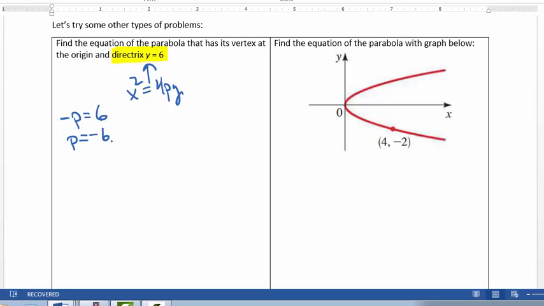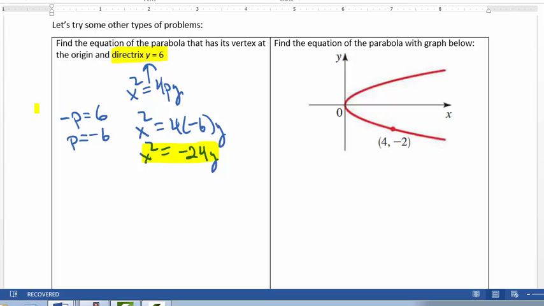And now we're basically done. That's all we need, right? I mean, just multiply 4 by -6, finished. Because if I know p is -6, and the form would be x squared equals 4py, so it's 4 times -6y, which is just going to be -24y. So there's my equation: x squared equals -24y. So it's pretty straightforward, right? And if the directrix was at y equals -6, then the equation would have been x squared equals +24y,